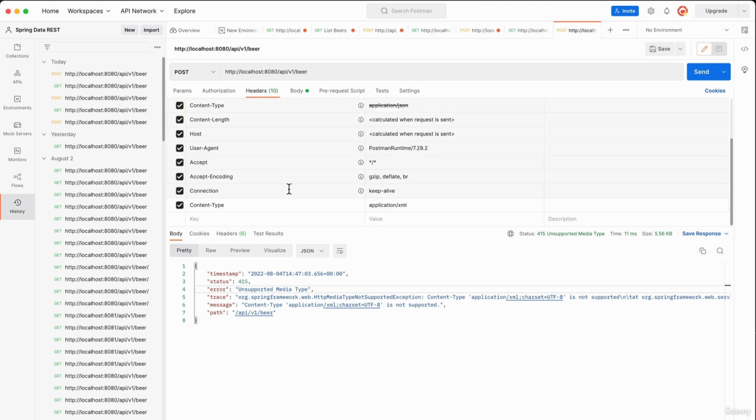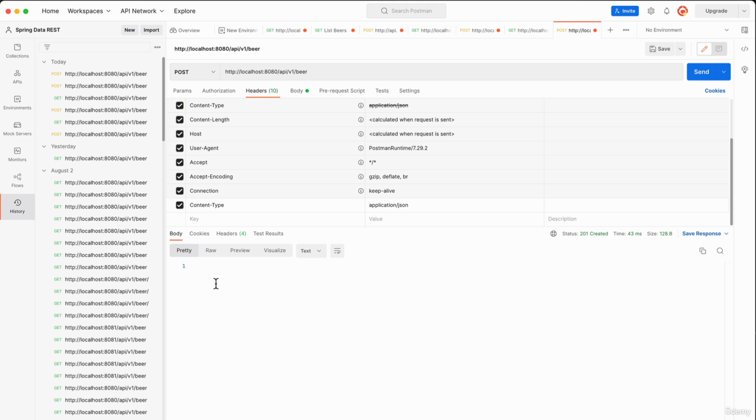Let me double check my headers. We're getting an application XML. That should be JSON. I think I was doing some experimenting with that. Let's change that one more time. Now we can see that I set the header to application JSON. We are configured to support that, and we can see we are getting a 201 created. So I did have that as XML, so that's something that you would not see, but we are getting a